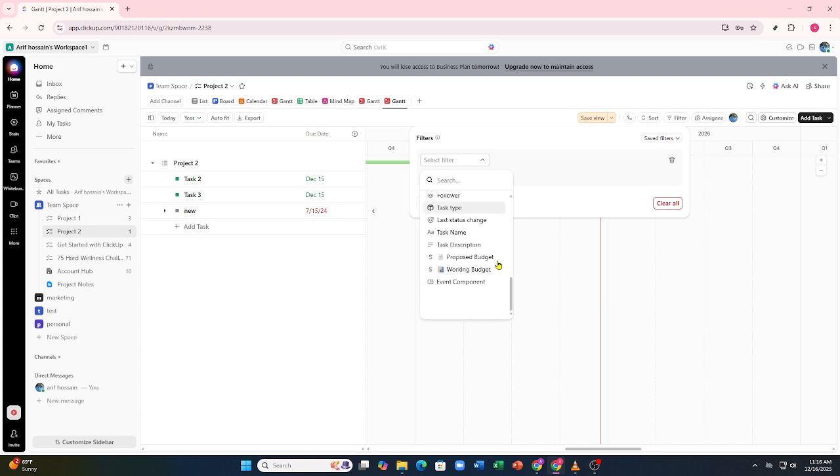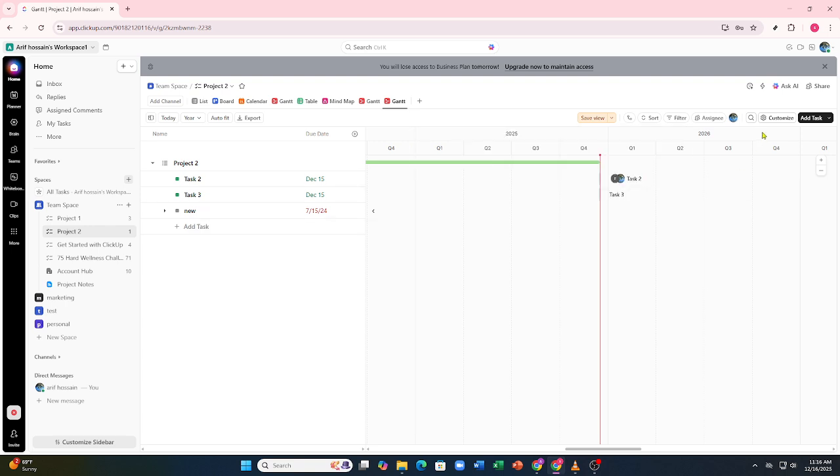As your project changes, the Gantt chart updates in real time. Any changes to tasks, dates, or dependencies are reflected instantly, keeping everyone aligned. And that's it. That's how to use the ClickUp Gantt chart in 2026 step by step to plan timelines and